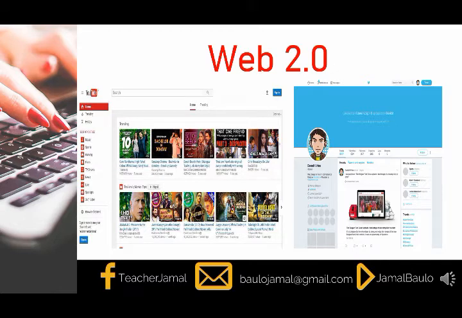And sa Web 2.0 class, it is writable. Kung baga si Web 1.0, readable. Si Web 2.0, writable siya. Ibig sabihin, you can comment. Okay? So, it is an interactive site. So, unlike Web 1.0, Web 2.0 facilitates interaction between the web users and the sites.